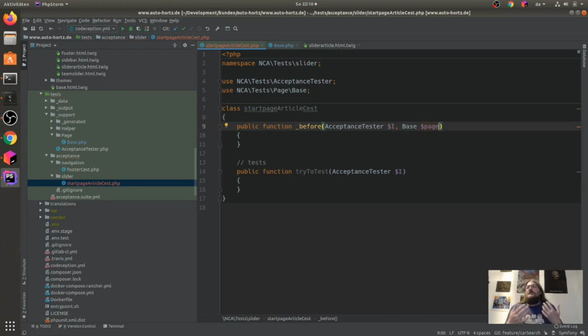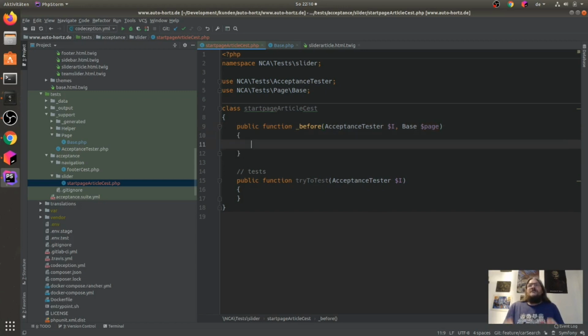This is just a convention for me, because I every time use this page here, so I can use different page objects like base, category page, or whatever, and I can maybe reduce the tests here because I just inject some other page object. For now, just realize that I say it's $page because this is a page that I am working on.